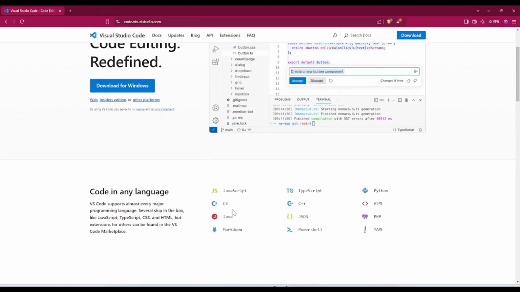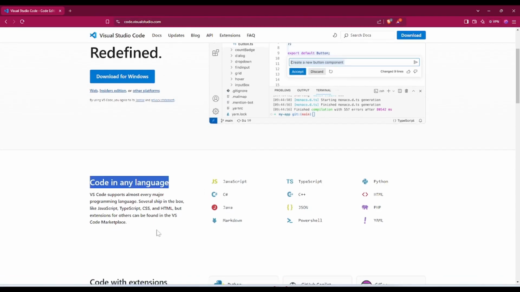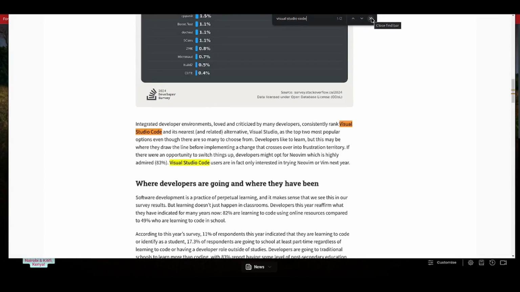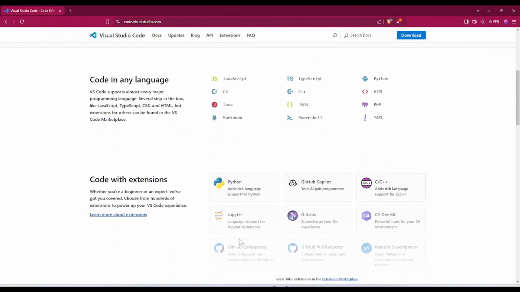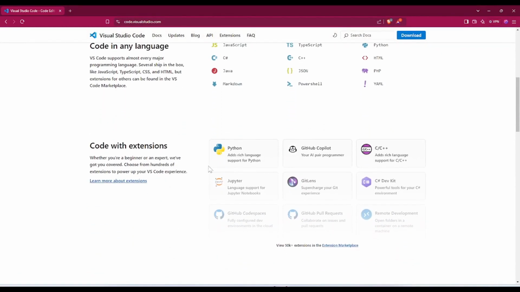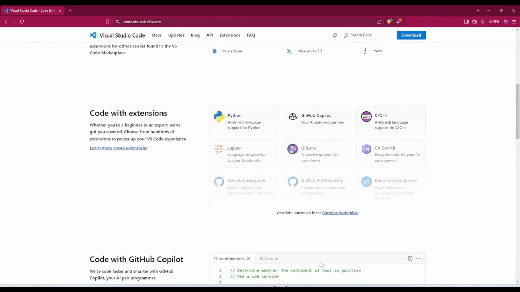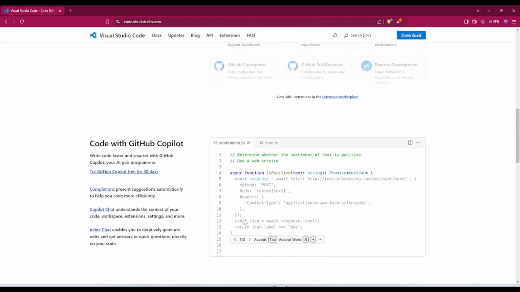Before we dive into exploring this awesome VS Code extension, let's first explore VS Code and why this coming as a VS Code extension is a huge advantage. VS Code is the most popular code editor among developers with over 80% market share. It is known for being lightweight and highly customizable. It's cross-platform, meaning you can run it on Windows, macOS, or Linux, and it supports nearly every programming language under